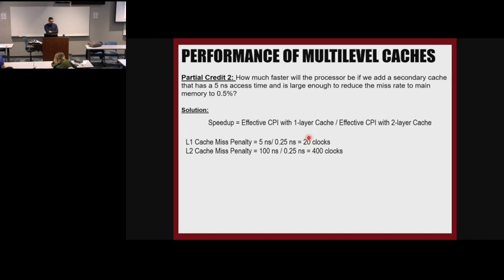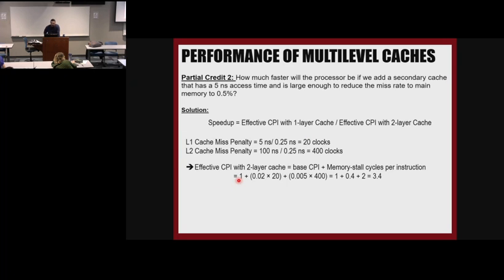Right? So now I have the first layer cache miss penalty and the second layer cache miss penalty. I also happen to have the information about the miss rates of each layer. The 2% hasn't changed from the partial credit 1, and I know that this is 0.5% for the cache layer 2. So if I want to find the effective CPI, I have the base CPI here. Clock cycles stalled in the first layer cache would be 0.02 because of the 2% miss rate multiplied by the 20 clock cycles, which is the new miss penalty,